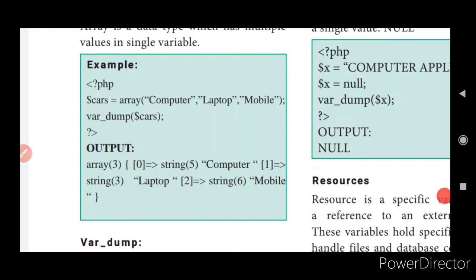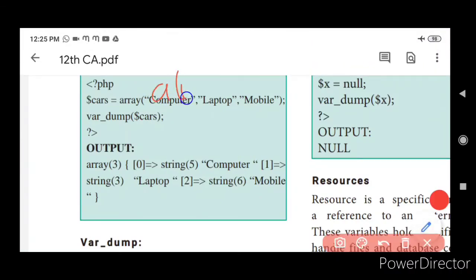So how many values is it going to take? Cars of 0, cars of 1, cars of 2, isn't it? So how many values are there? Totally 1, 2, 3. So 3 values. Yes, 1, 2, 3 values, isn't it?